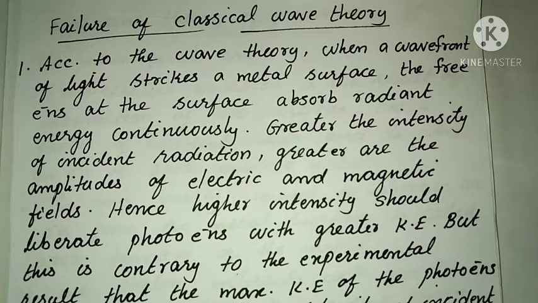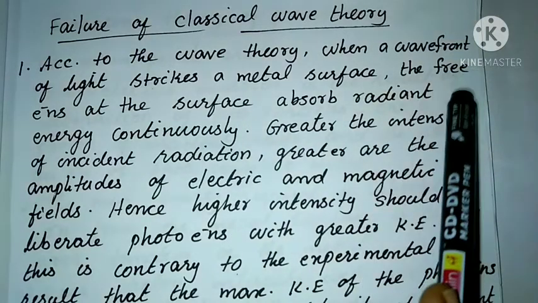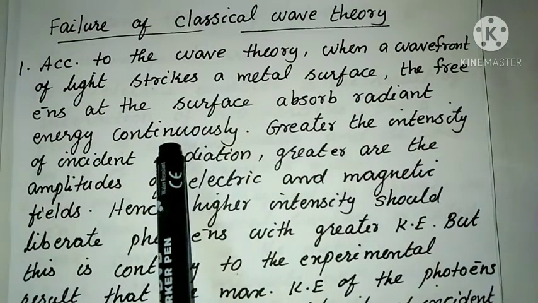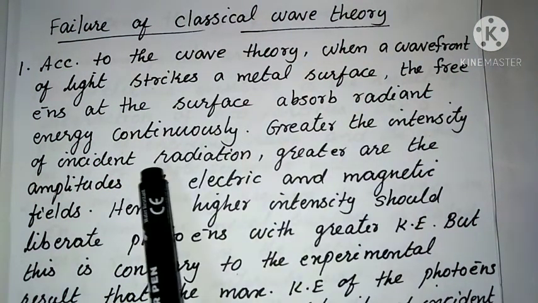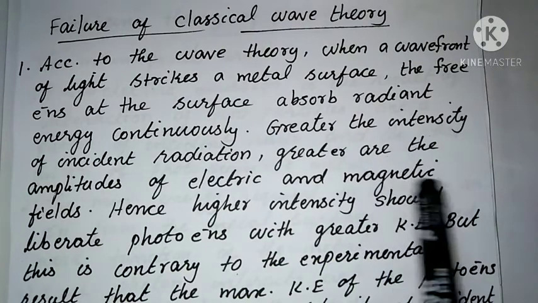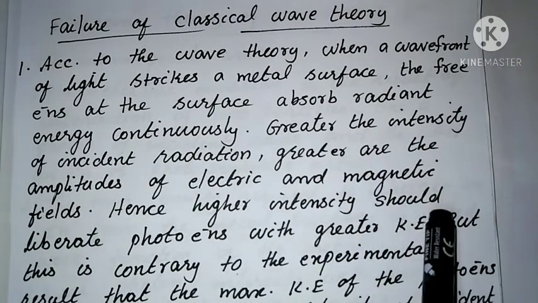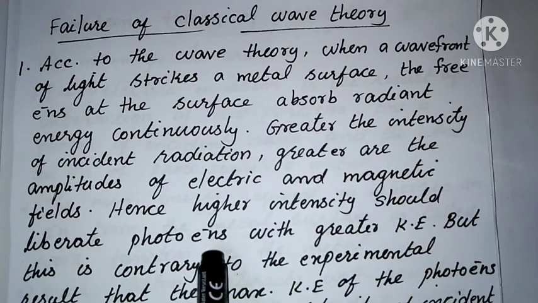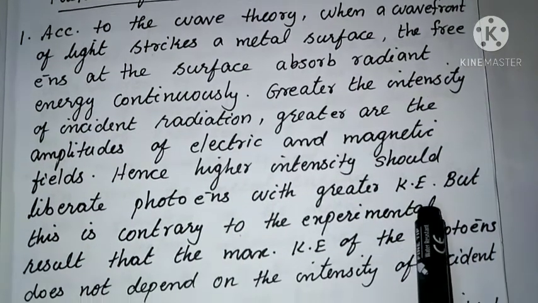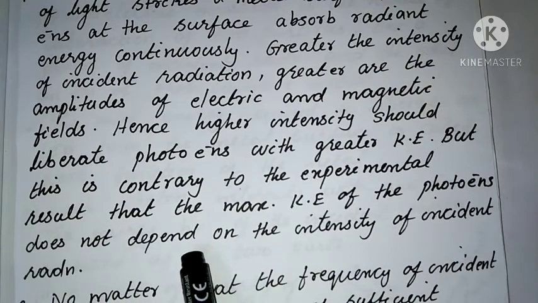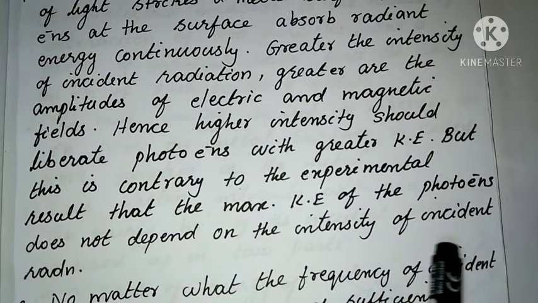The first point is, according to the wave theory, when a wavefront of light strikes a metal surface, the free electrons at the surface absorb radiant energy continuously. Greater the intensity of incident radiation, greater are the amplitudes of electric and magnetic fields. Hence, higher intensity should liberate photoelectrons with greater kinetic energy. But this is contrary to the experimental result that the maximum kinetic energy of photoelectrons does not depend on the